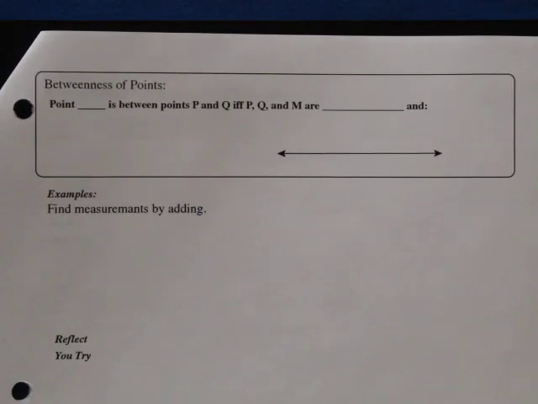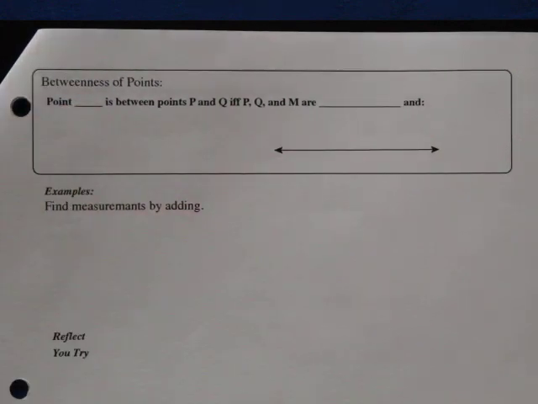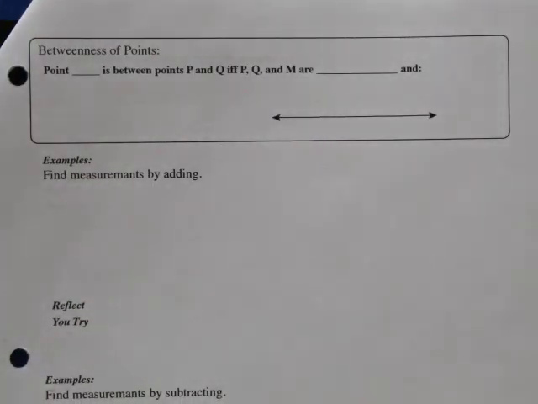All right, let's keep going. Betweenness of points. It's kind of a fun word. Betweenness of points. So, point M,